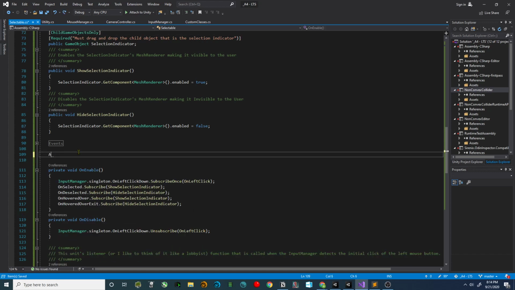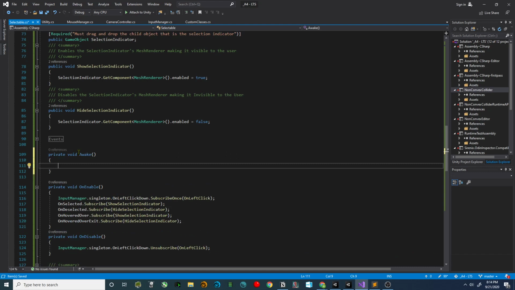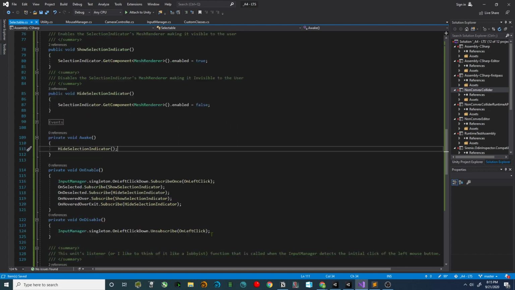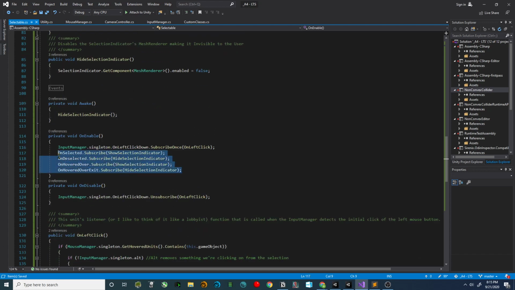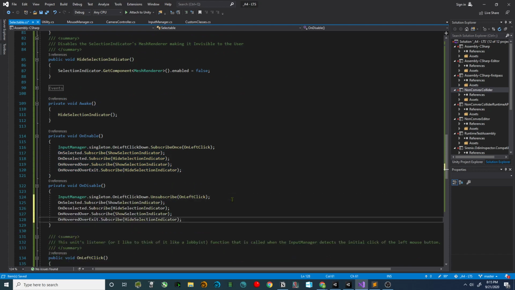And also, when the unit is first created, I'm going to use on awake. Ooh, awake. I am going to hide the selection indicator, because generally speaking, you don't start off with things selected. And then I'm going to take the opportunity to create a bunch of error statements whenever I stop playing the game